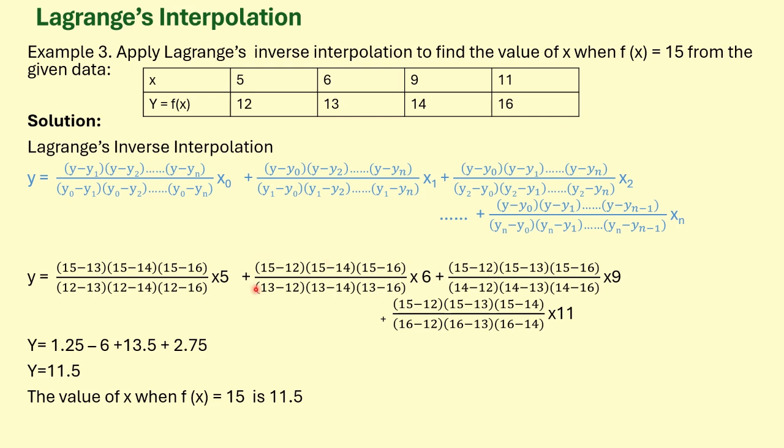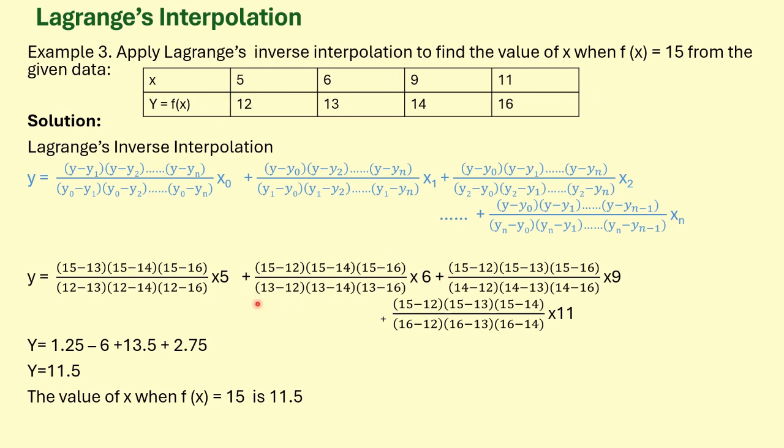Similarly, for the other values, here this is y minus y0, that is 15 minus 12. Here y is 15, isn't it? The value to be interpolated. Then this is y minus 12. y there is 15, so 15 minus 12, 15 minus 14, 15 minus 16. These values are divided by